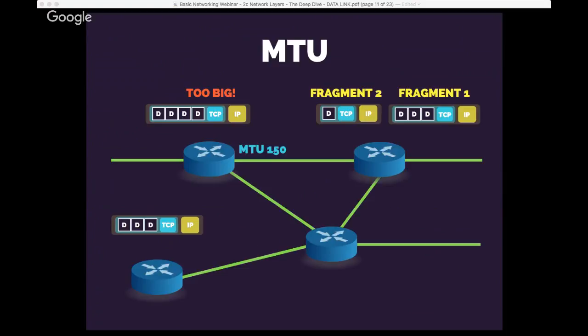I'm not talking about the physical media, like let's say copper, fiber, or wireless. I'm talking about the framing protocol that runs over it, which dictates our data link frames. For example, Ethernet. So to make this more clear,